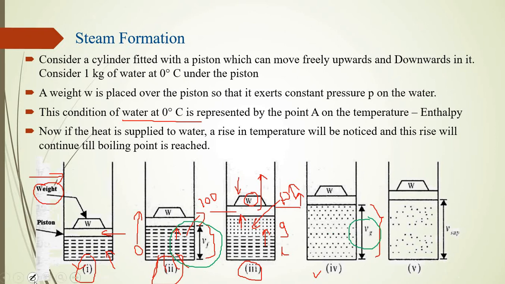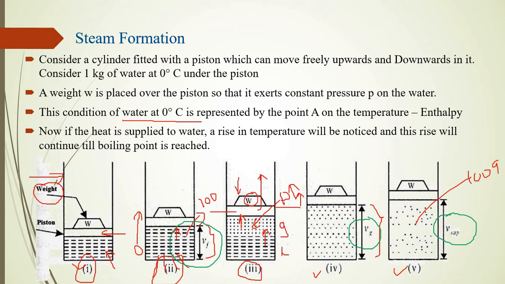In the next condition, we give more heat to the cylinder, and the steam is converted into superheated steam. In the last condition, we give more and more heat to the cylinder and all the water particles are converted into 100 percent gas. That's called the volume of superheated condition. Here we have to add the volume of superheated condition. First is the volume of fluid, second is the volume of gas, and third is the volume of superheat.